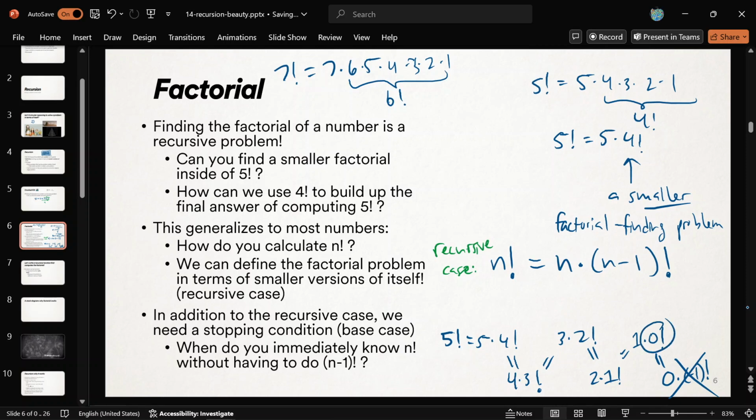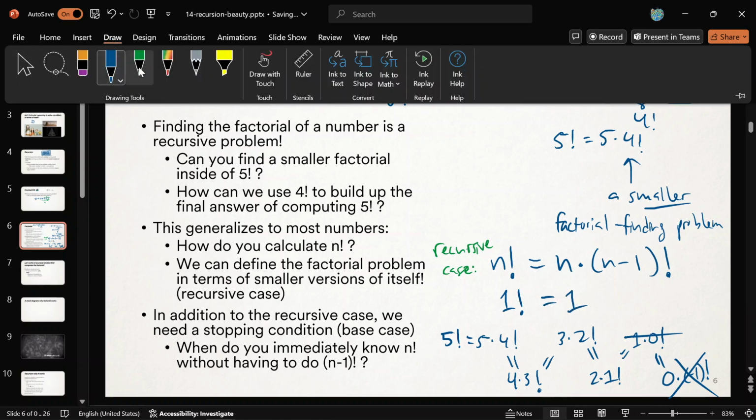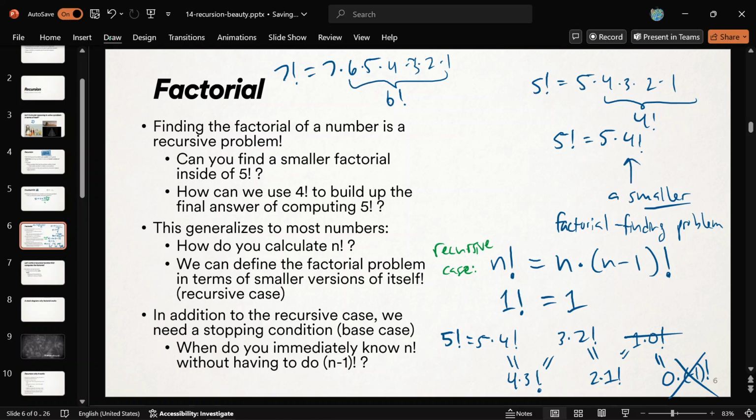So you could stop at 0 factorial, but I doubt most of us have seen that before. So let's just say that our stopping condition is, if you ever ask for 1 factorial? If anybody ever comes to me and asks for 1 factorial, I don't need to run this rule. The answer for 1 factorial is just 1. Does that make sense? That's your stopping point. You don't need to do any further work. And so, that can be your base case. Somebody comes asking for 1 factorial, you're done. The answer is 1. You don't have to do any further work down lower and lower.